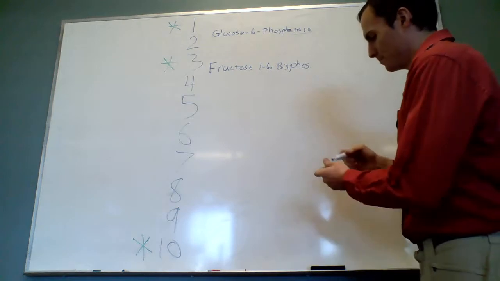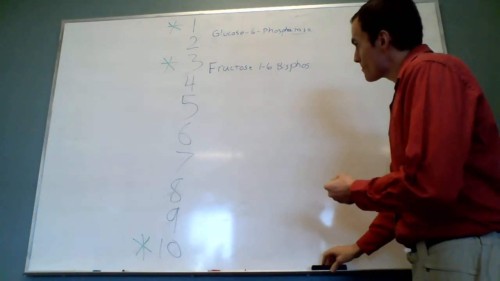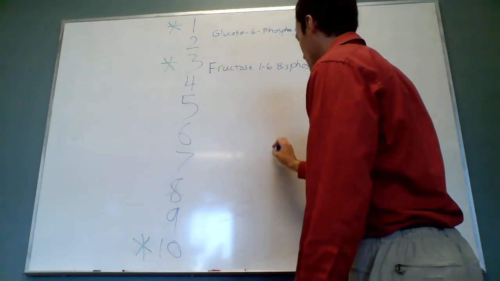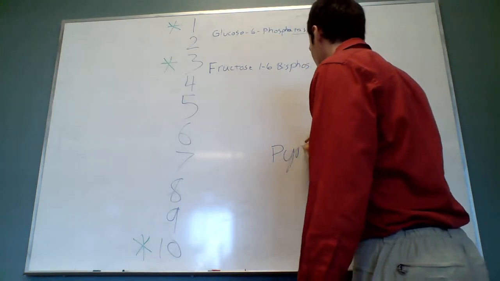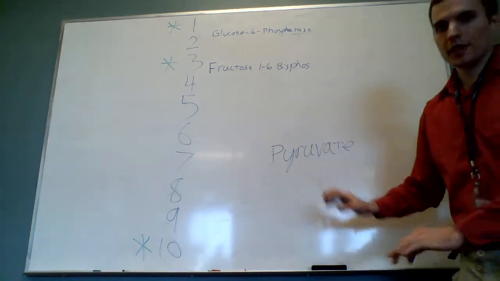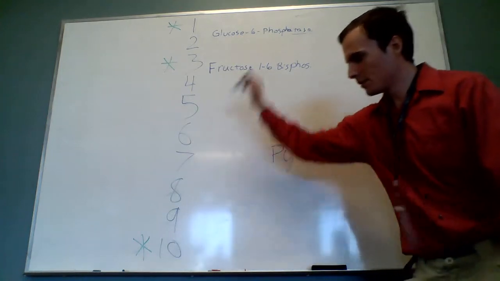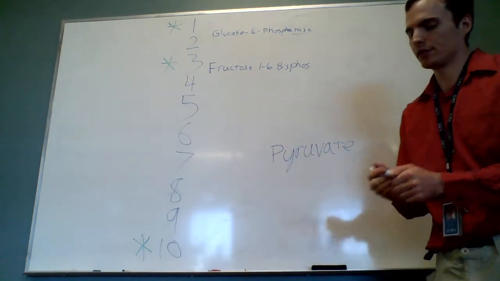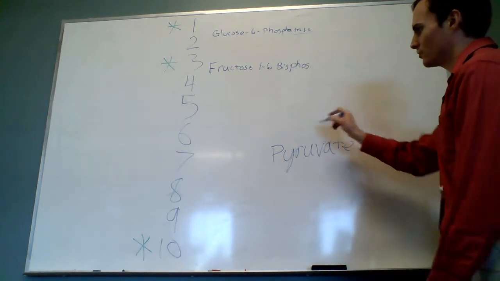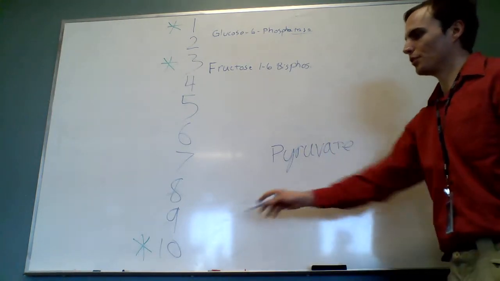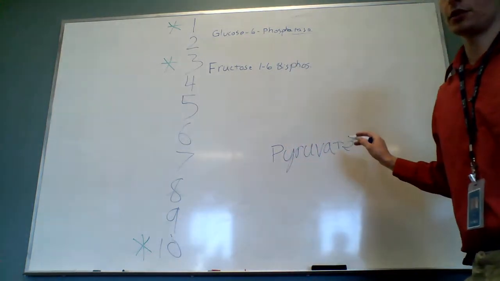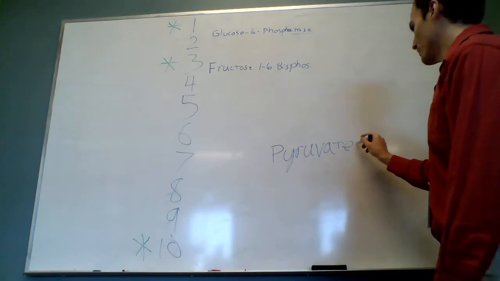So, number 10, step 10. You are trying to go from pyruvate, the culminating molecule from glycolysis. Glycolysis makes pyruvate. So with pyruvate, you're trying to go backwards, but you can't. It's too big of an energy jump to go backwards with the normal enzyme that we use between 9 and 10 in glycolysis. So in gluconeogenesis, pyruvate